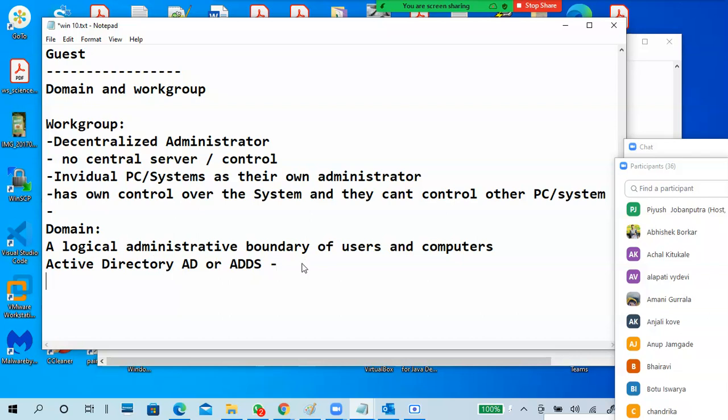So what is this? It is actually a database. Active Directory is a database.